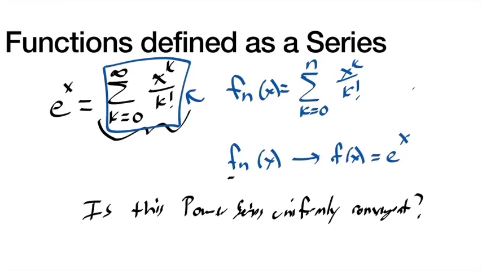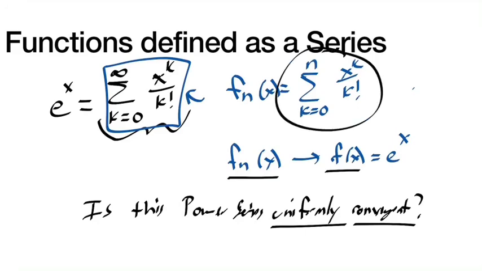That is, do these fn's converge to f uniformly, or do they converge only pointwise? Because once they converge uniformly, then we have all the different things that we want from it, right? We have differentiation, we have integration, we have continuity, but we only know that if it's uniformly convergent. So I'm going to come back in a second video in just a minute, and the main goal is going to be to tackle that question of, do these power series have to converge uniformly, and then once they converge uniformly, what can we